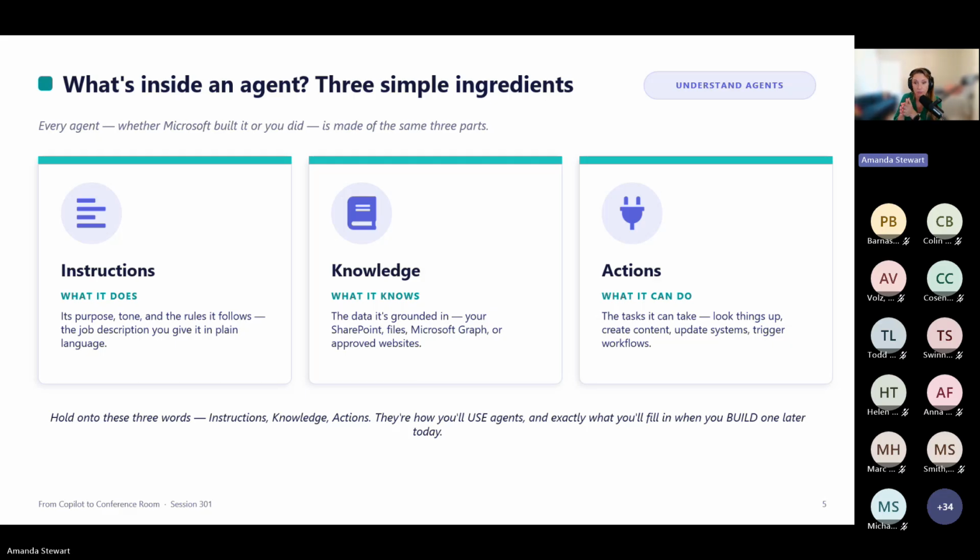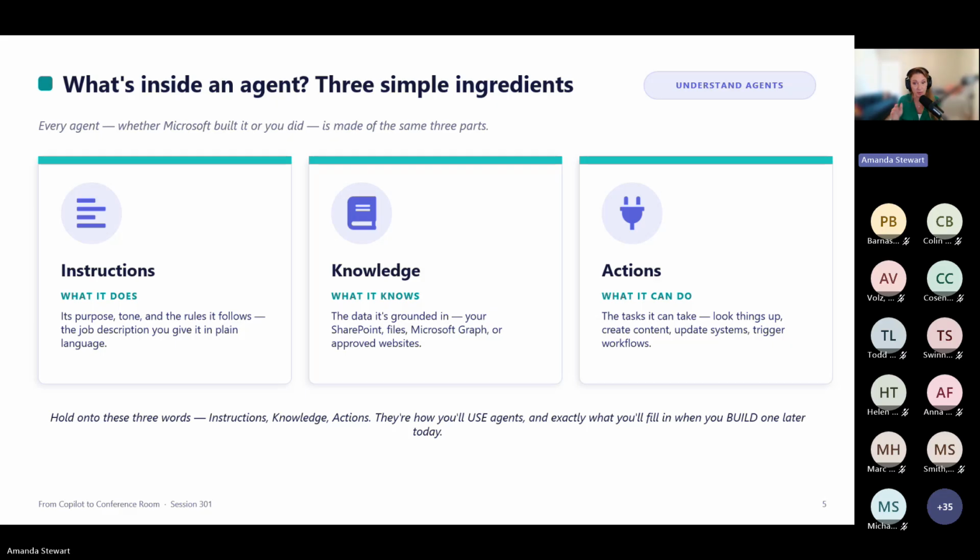So I build marketing agents where I have a SharePoint site with all of my marketing plans, and I built an agent just to retrieve information from that location only. It is grounded only in the SharePoint site that I gave it access to, so I know it's accurate based on what's in the information it has access to.